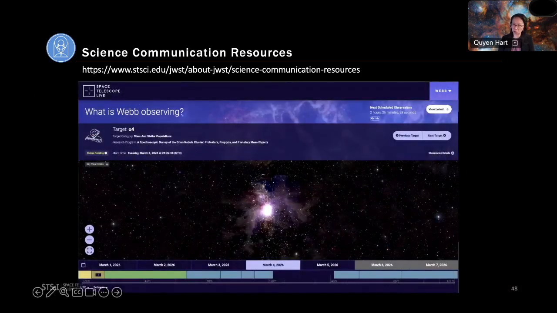There are also other resources. Were you curious to know what Webb is observing right now? So we have an interactive resource called Space Telescope Live. This is on the NASA website as well as spacetelescopelive.org. It is able to bring in the observing schedule and tell you exactly what is being observed at a given moment for a certain duration of time. You can open up the observing details, find out the observing proposal, and which scientist is doing this. So this was from last night. The background image is a 2MASS image, but I always like to say, oh, what is it observing right now? So, oh, it's observing Saturn. This is awesome, right? And so that's really how to get them engaged. Like, wow, there are lots of different topics being observed with the observatory.